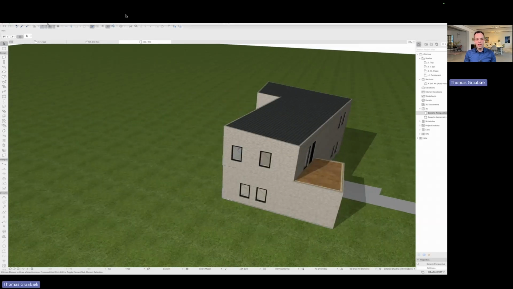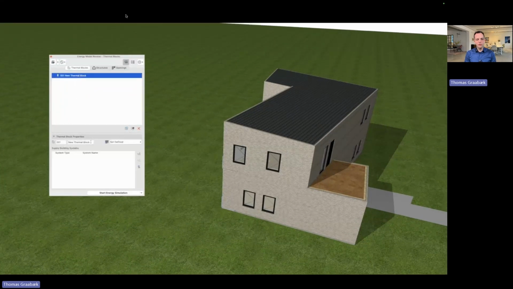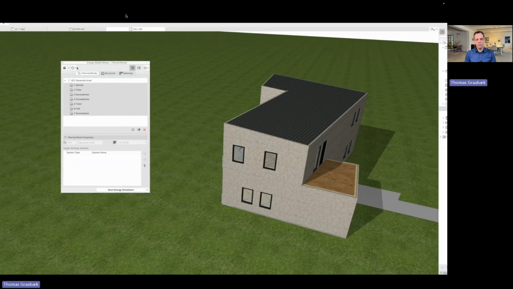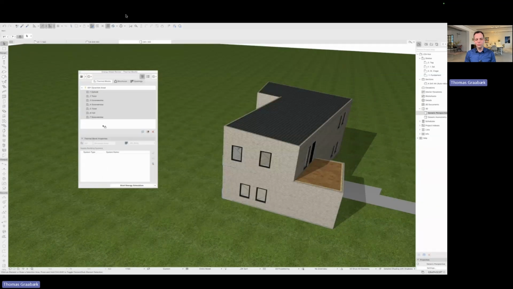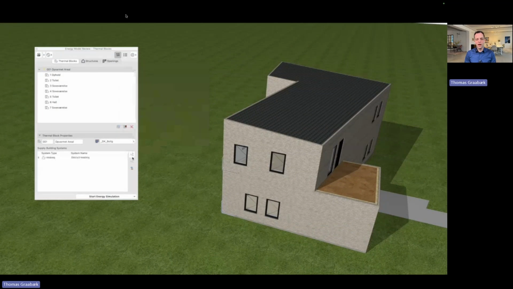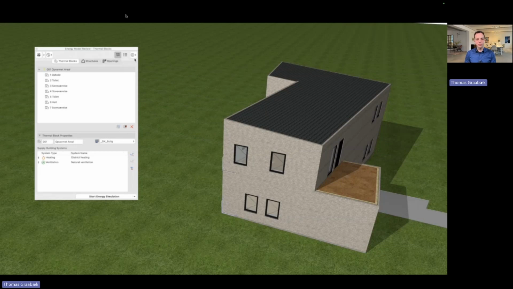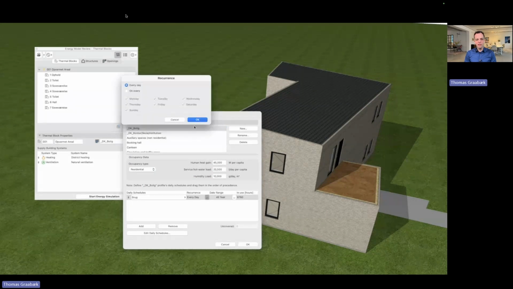So I think we need to do the energy calculation now. So I'll jump into energy evaluation. And this is what was formerly known as EcoDesigner STAR. Here I make a thermal block, and I put the operation type on it, and I add all my rooms to this block. So it's just living space, so all the rooms will be attached as that. But if you have a building that is partly offices, partly apartments, then you have to do two different thermal blocks. I just added the heating systems and the ventilation system.